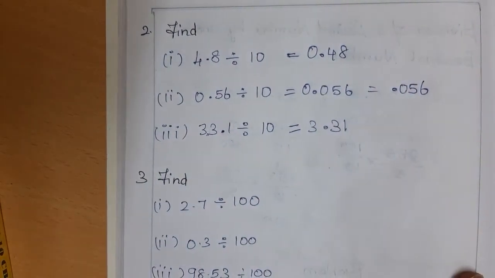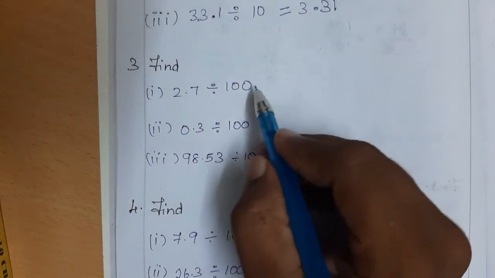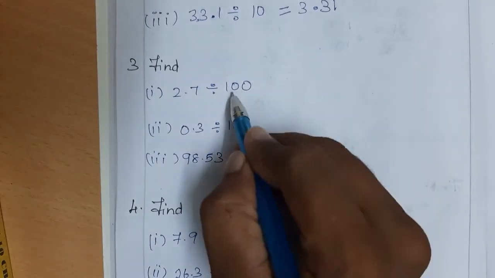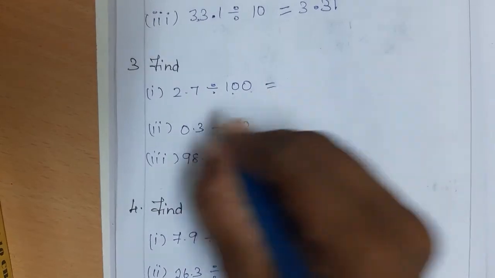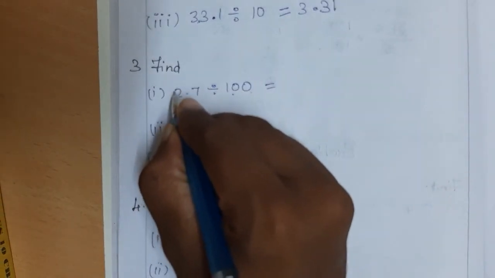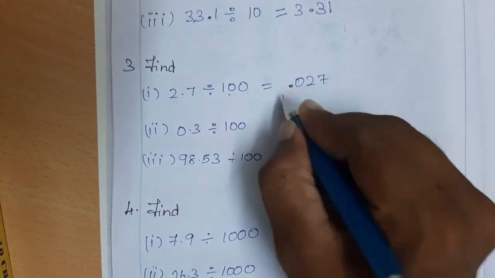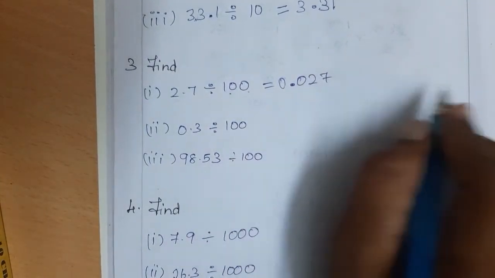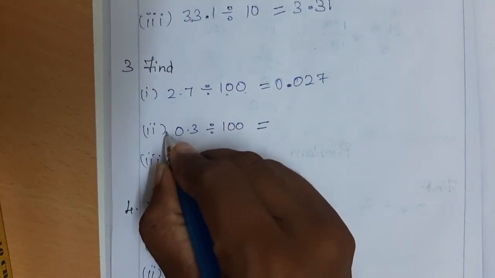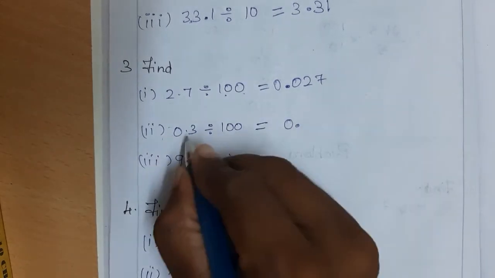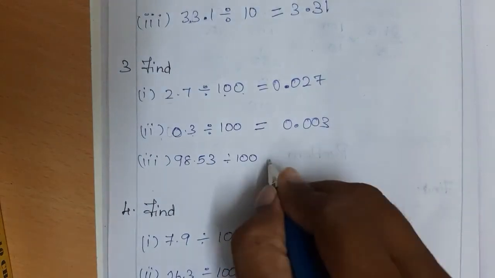so it will become 3.31. Clear? The next problem is dividing by 100. So 2 zeros will be there. Just 2 digits we have to move. 2.7 divided by 100, we have to take 2 digits. 1 digit, no, there is no more digit, so we will consider it as 0. So 027, here is the decimal point, 0.027. The same here, we will move 1 digit here. Here there is no number, so we will add 1 more digit. So 0. Here 10 and 1 more digit we have to move. So 0.03. Clear?